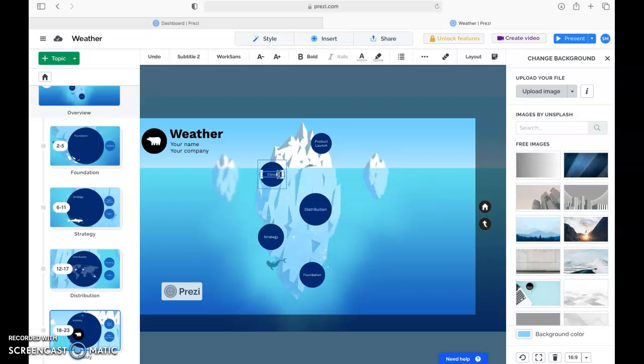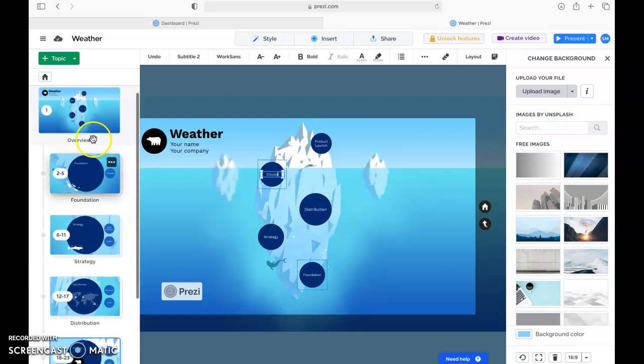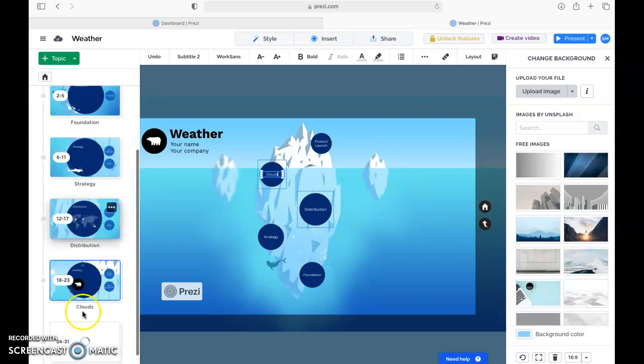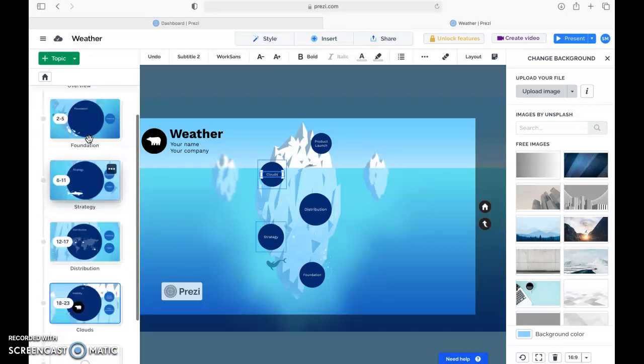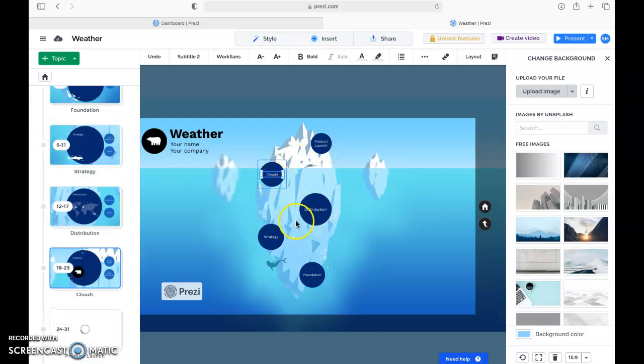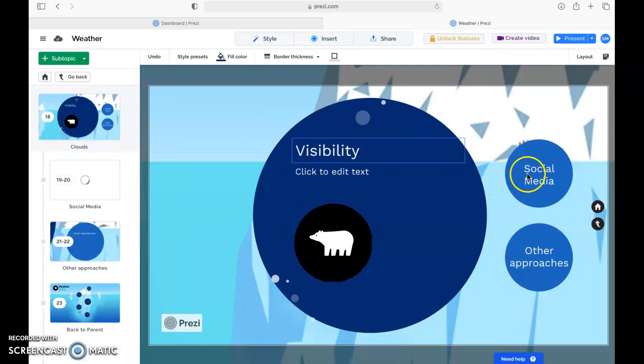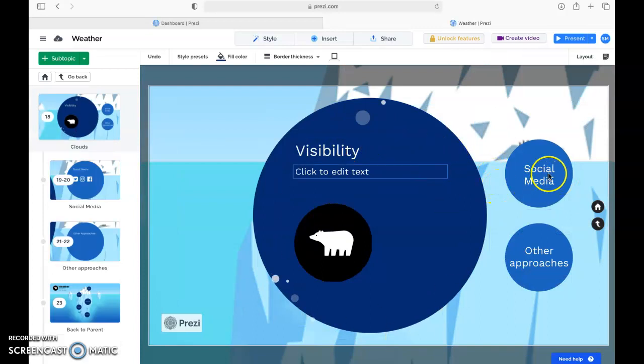Different kinds of clouds. So right here, on the left side, you have this little scrolling bar, and it has each one of your little circles right here. You see there's 5 different categories: product launch, clouds, distribution, strategies, foundation. So if I go to clouds, now it takes me to even smaller things, smaller little bubbles,